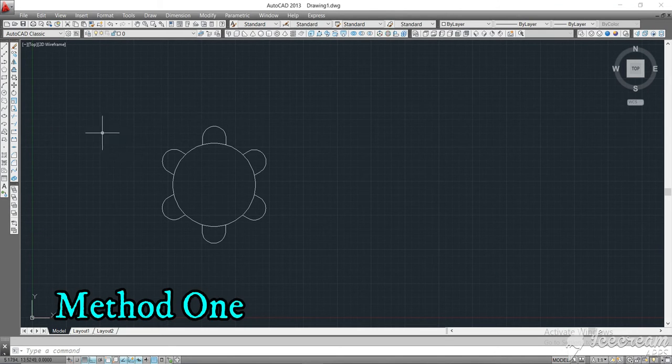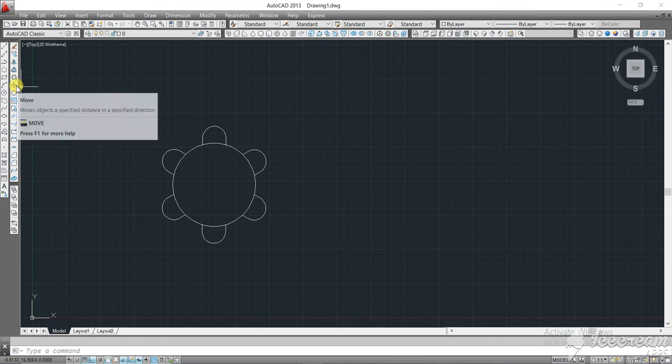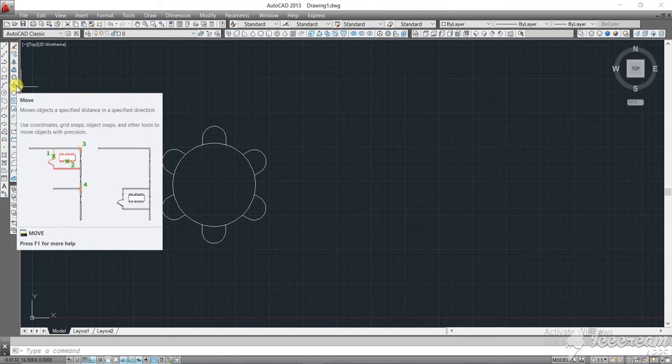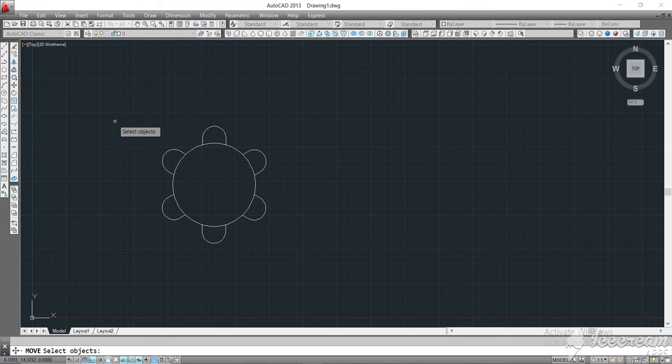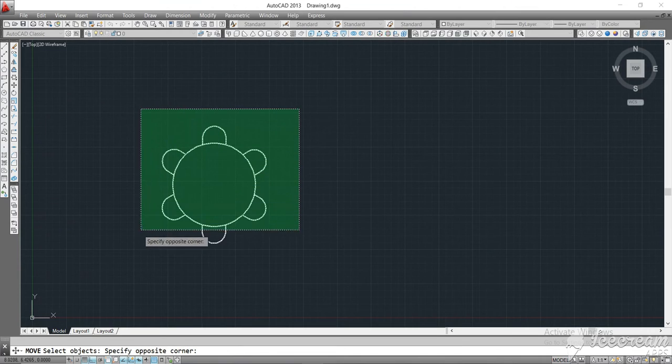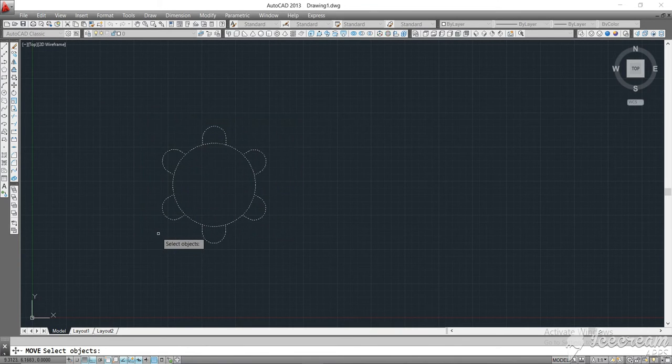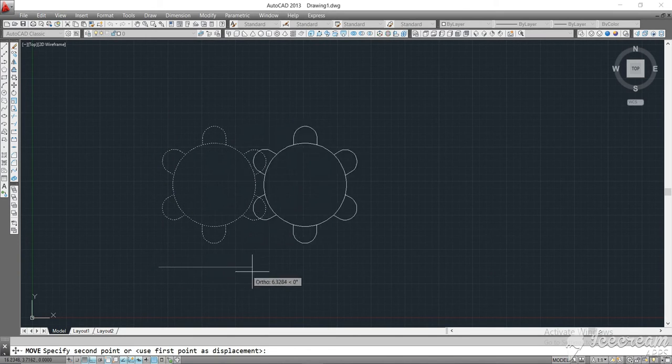The first way is, as you can see at the left side of your screen, here is a move icon which you have to press on it for the selection, as I am doing over here. Then come back to your worksheet and select the object like this, and then press the enter button for the selection of your object, and then you can easily move your object